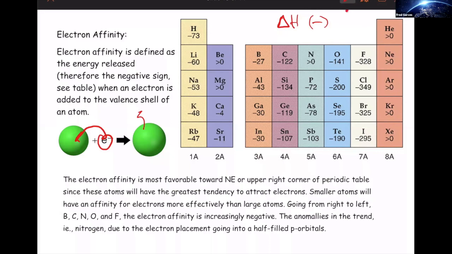So that's why you see negative values right here, because electron affinities are generally exothermic processes. So don't think of the negative as meaning that it's less. Think of the negative as giving off more energy, because it's going to have a more favorable, more negative